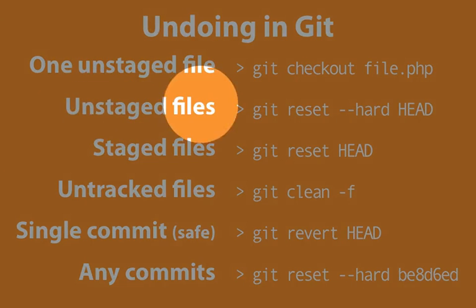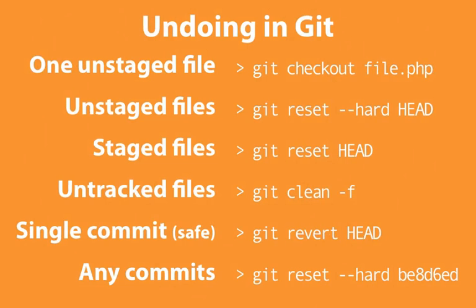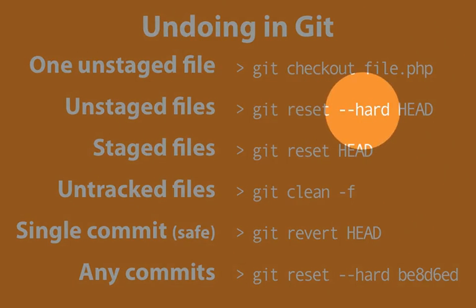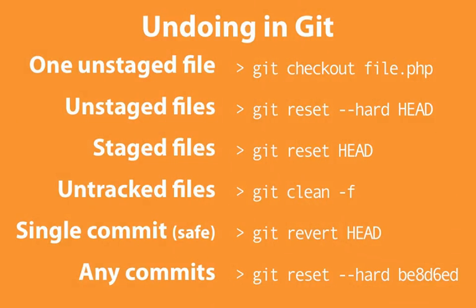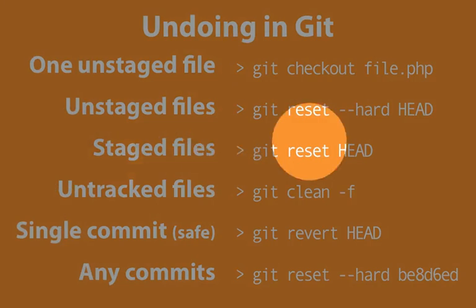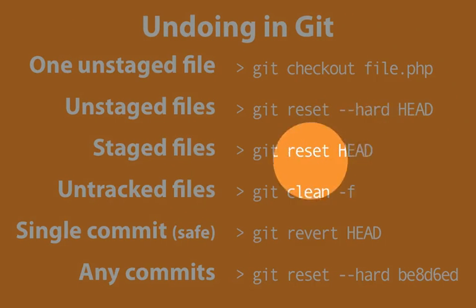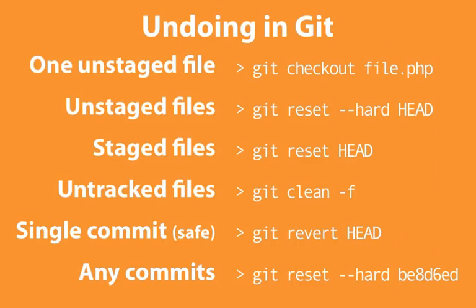Next, we looked at unstaged files and how to undo those changes. So with one unstaged file we can check out. With multiple, we instead use git reset and then we pass it the hard parameter, and we use head as the revision name to reset to. For changes that we've made and actually staged, we can move those staged files back into unstaged mode by using reset but not passing it the hard parameter. This means that it will retain any modifications that were made. It will simply remove them from the staging area.